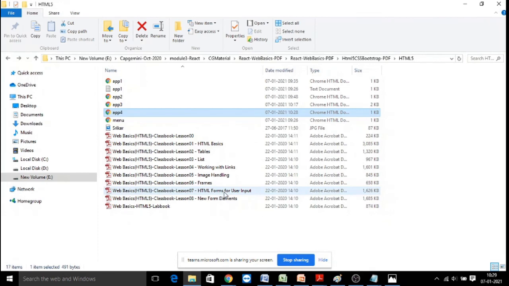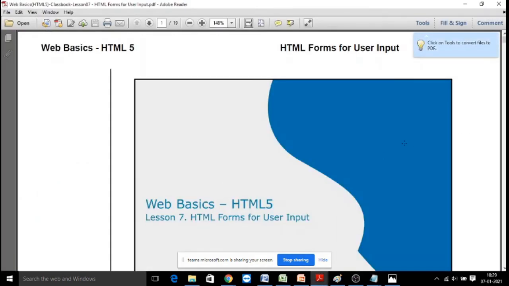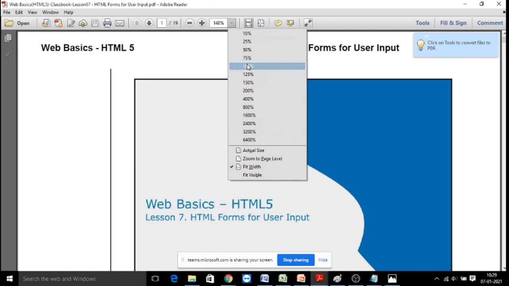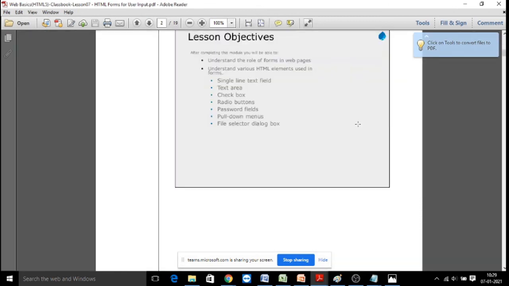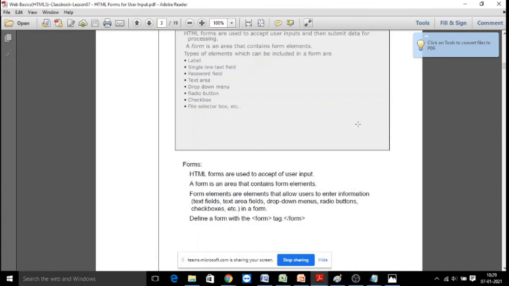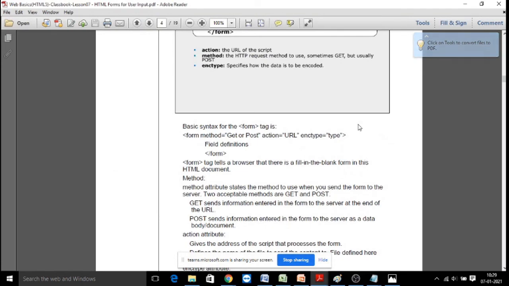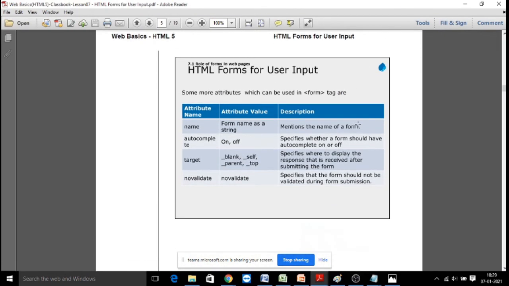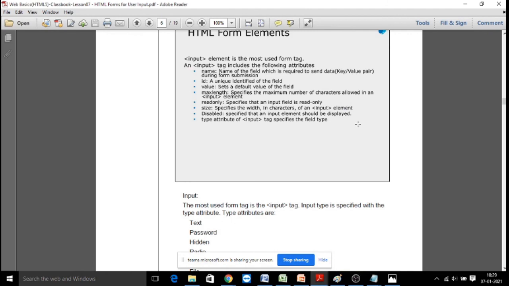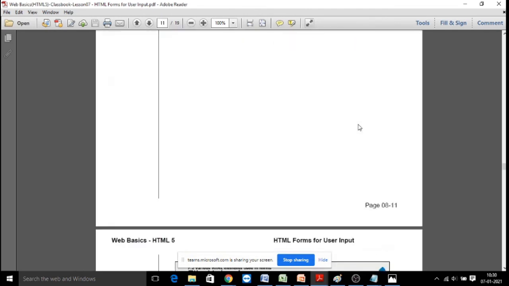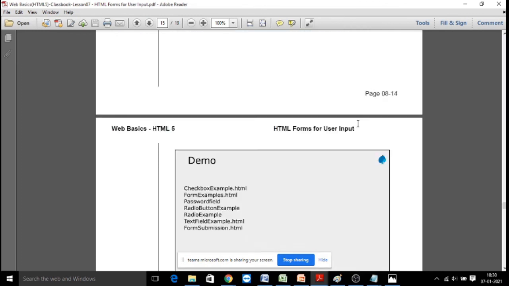And a very important thing is your HTML form, like what are the different types of form elements. So far we have been doing it, right? Input type equal to text, checkbox, radio button, password, text area, combo box, those things. This is the area you need to concentrate on. All of you look into lesson number 7. That's a PDF. It's very, very important. Even in React, when you are working with forms, this will be helpful. These attributes, how you give form input tags, will help you a lot. So it's very important to explore this PDF and practice it very well.